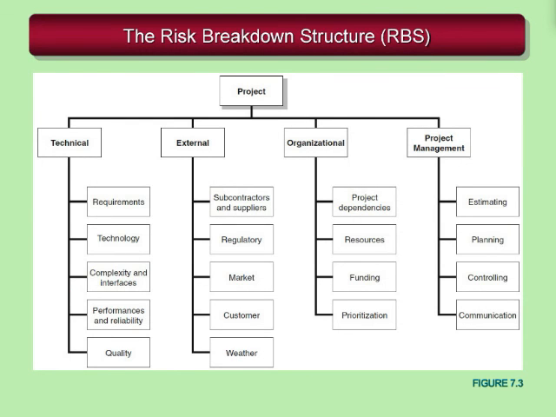So within step one, you can see the risk breakdown structure that was created for this project. And in our macro issues, we've looked at technical risks, external risks, organizational risks, and project management risks. And then within each one of those major macro risk events, we've gotten down to some specific details. And again, just like in the work breakdown structure, get down to the actionable level where we can actually make a plan for those things that pop up within our risk analysis as being ones that we need to address.